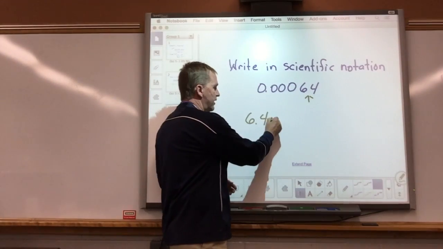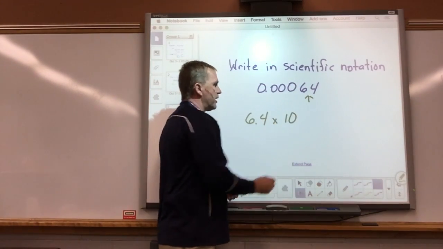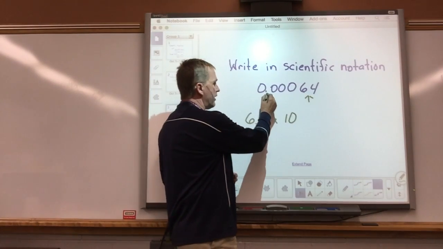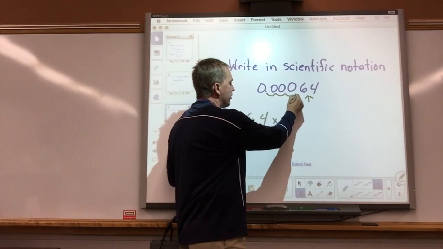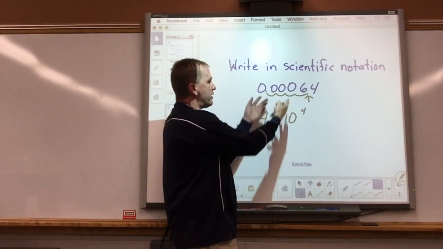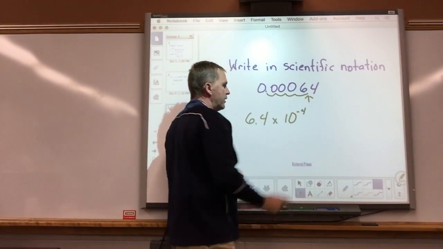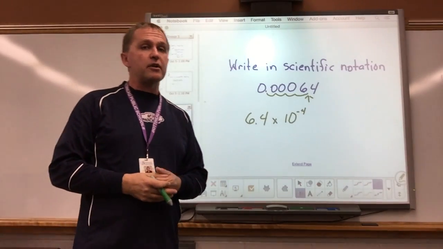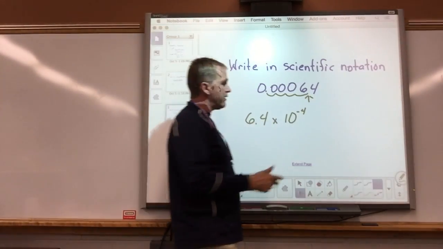The question is then, how many times has the decimal point moved? And in this case, the decimal point is visible. Again, I can count it. 1, 2, 3, 4. It's moved 4 times. But because I moved to the right, because I have a very small number, I need to have a negative in this case. And remember from what we've talked about with negative exponents, 10 to the negative 4